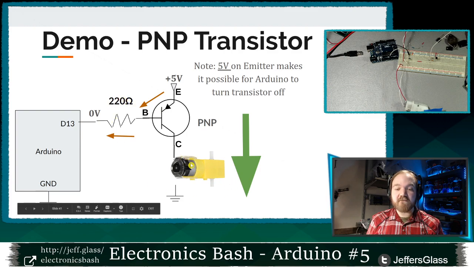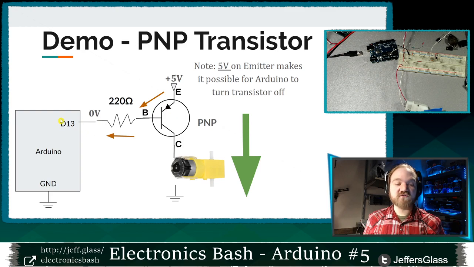And then I'm going to connect my motor to the collector down here, and the other side of the motor will be connected to ground. So let's think for a second what's going to happen here when we run some code that turns pin 13 on and off. If pin 13 is low at 0 volts, that means I have 5